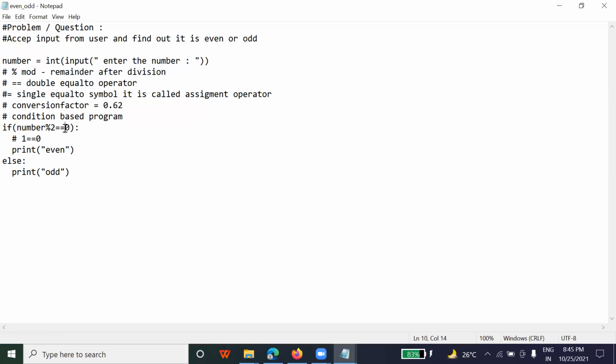Let me do that. So I'm making a change here. If number is greater than 0, that will be called positive. Good, Urmila. If the number is greater than 0, it is positive. Otherwise, obviously it will be negative only, right? So we have added the else part.